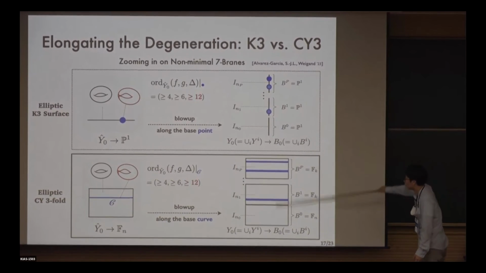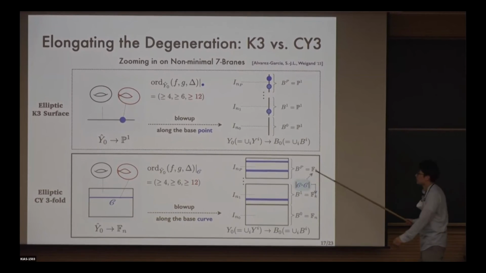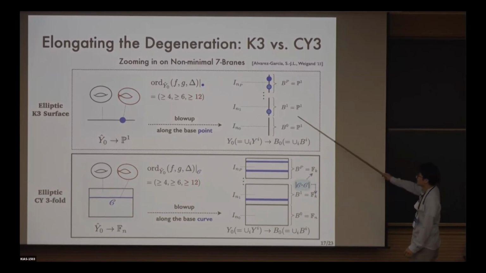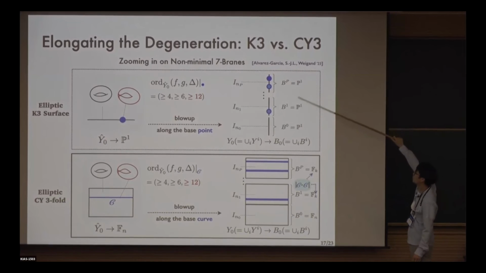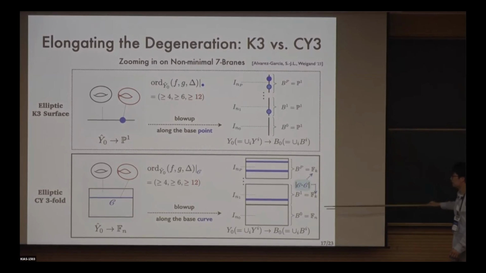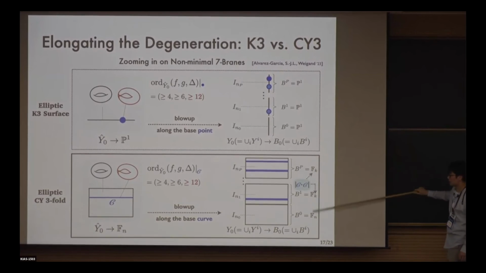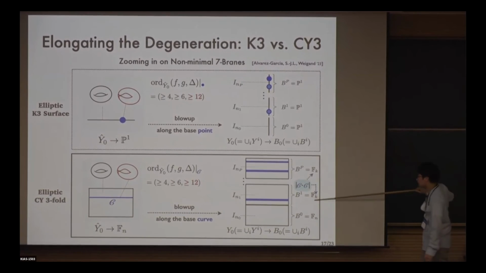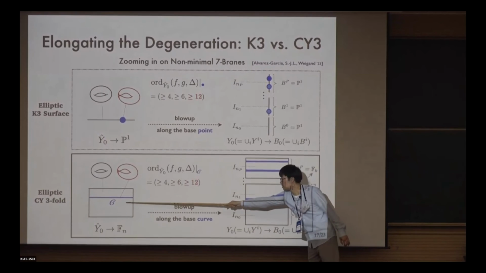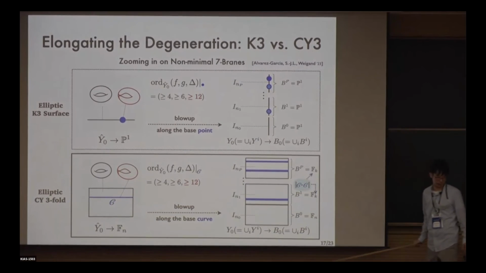Okay, and for visibility, once again, I will align all these components just vertically rather than giving angles, so that we can look at the physics more clearly. One thing I want to point out here is that in 6D, unlike in 8D, where we had all P1s for the different components of the basis, now we still have Hirzebruch surfaces, but they can have different twisting. So the K here for the Hirzebruch surface of the newly inserted component can be different from N in principle, and this K is determined as the self-intersection of this non-minimal locus.